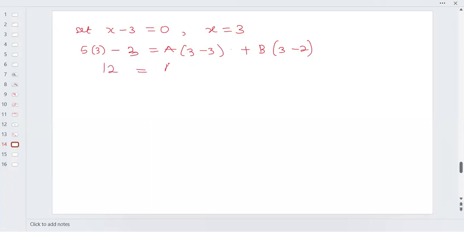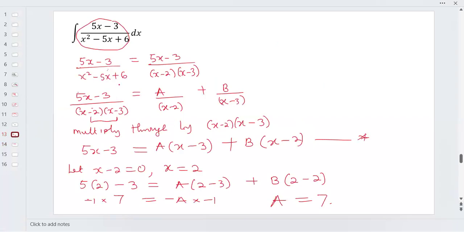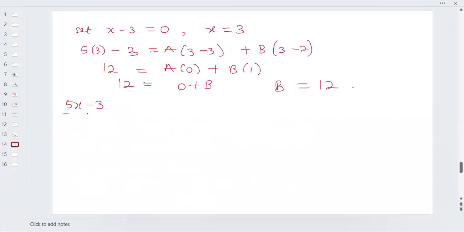And this is a into 0 plus, of course, b into 1. So this is going to give me 0, plus b is equal to 12. And that tells us that b is actually equal to 12. So I can go back and write my function as 5x minus 3 over x minus 2, x minus 3,